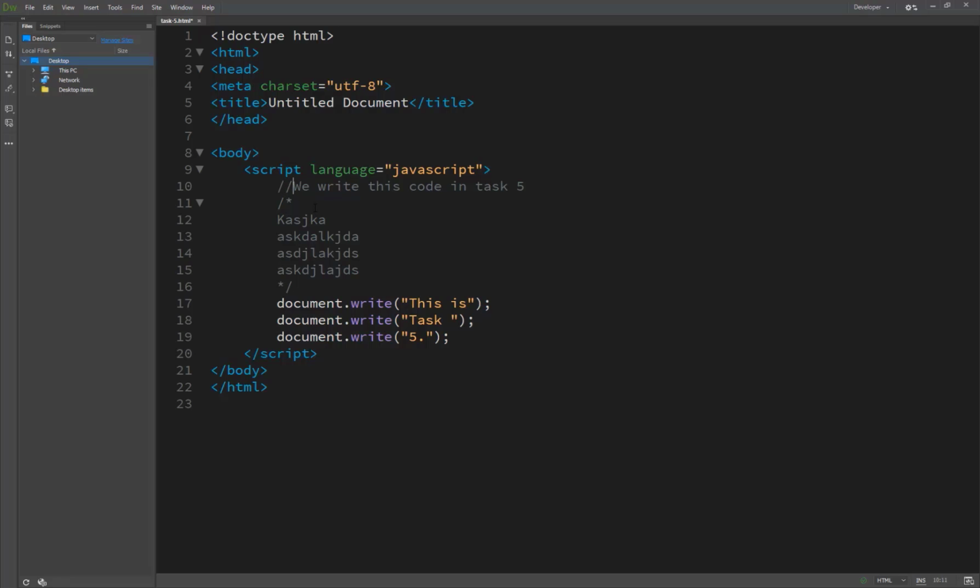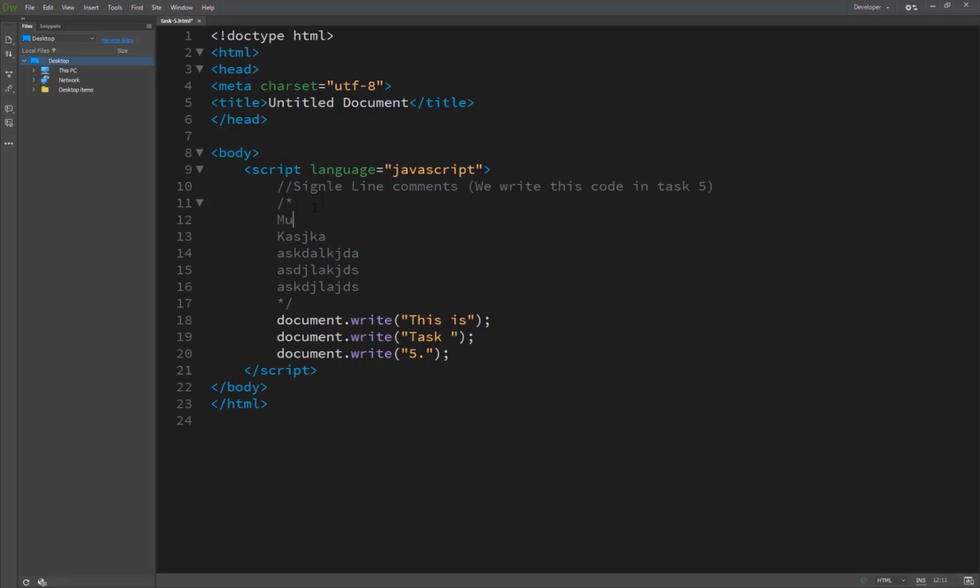So I write here a single line comment. It works only on a single line, and this other one is called the multiple line comment.